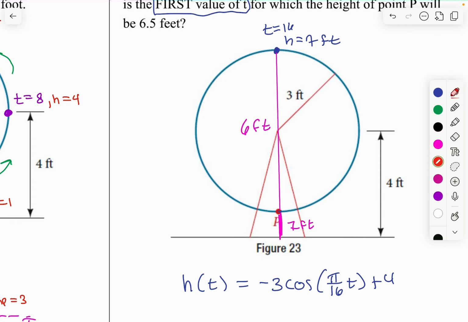So if you think about it, it should be happening as we move around. The height should be 6.5 feet somewhere up here, since 7 feet is at the pinnacle. Okay, so we can even estimate, right? This is going to be at 8 seconds, we know, and then the height of 7 is at 16 seconds. So we're looking for something in between. The answer should be some number between 8 seconds and 16 seconds,